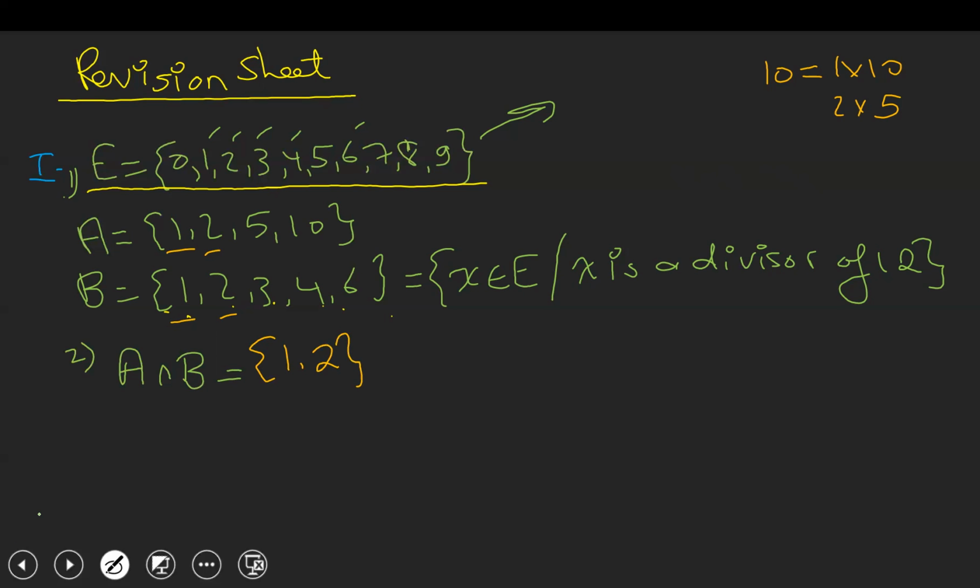What about A union B? This we read A or B. This means we list the elements that are found in A or in B. That means all the elements found in A or in B. So 1 is present, 2 is present, 3 is present in B, 4 is present in B, 5 in A, 6 in B, 7, 8 and 9 are not present. 10